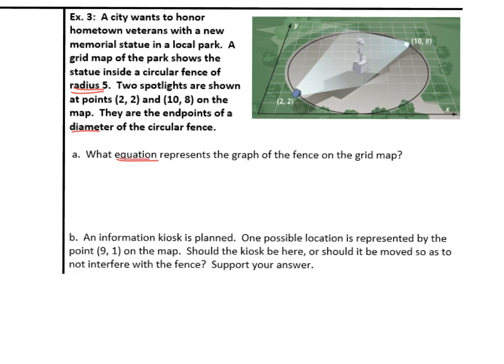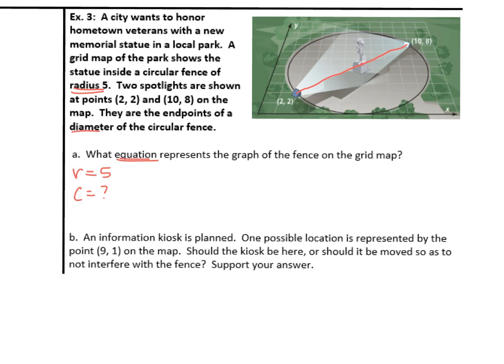So taking a look at the information, we already know the radius is 5, so we're partway there. We need the center. We don't know that yet. If the statue is going to be right in the middle and the spotlights are showing on it, remember it said they were on the endpoints of the diameter, which means that the statue should be right in the middle